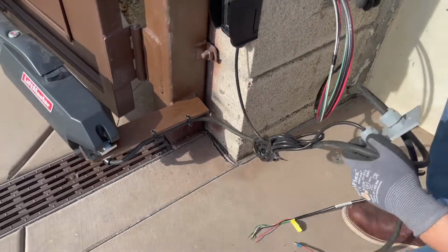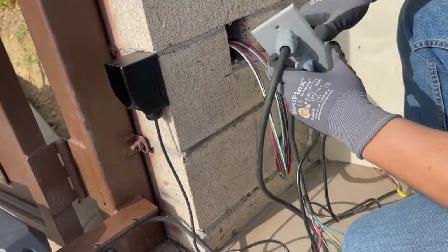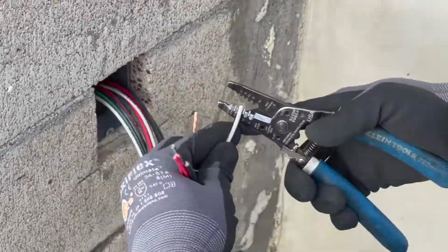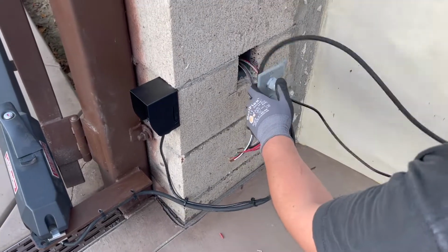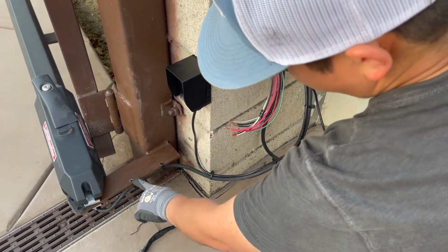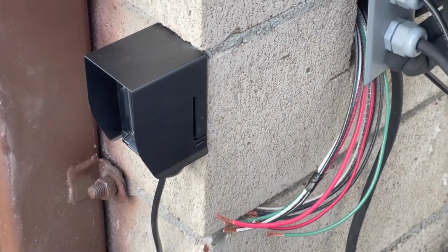Okay, so here we're gonna get ready to connect these to the junction box. So we're gonna trim these down. We're gonna tailor them to size. I'm gonna shorten these right here. It's a lot of length. I've already measured enough as far as giving yourself a loop here. I zip tied all these together. Drilled some holes here with zip ties just to keep some sort of wire management going right here for this whole system. So yeah, pretty much I'm gonna tailor this and